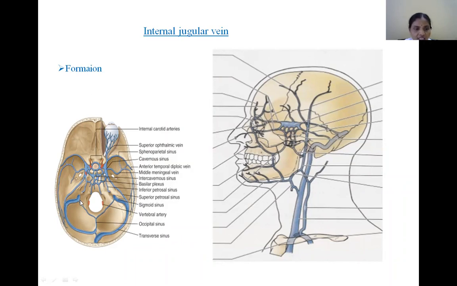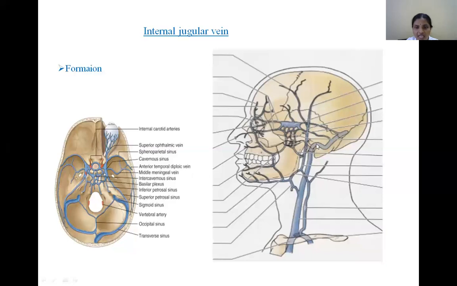The dural venous sinus. Mostly the superficial veins from the brain drain into the superior sagittal sinus. Already sinuses are over, right? The superior sagittal sinus mostly continues with the right transverse sinus, and the right transverse sinus is continuous as the sigmoid sinus. This sigmoid sinus passes through the posterior part of the jugular foramen and continues as the internal jugular vein. You see, this is the course.